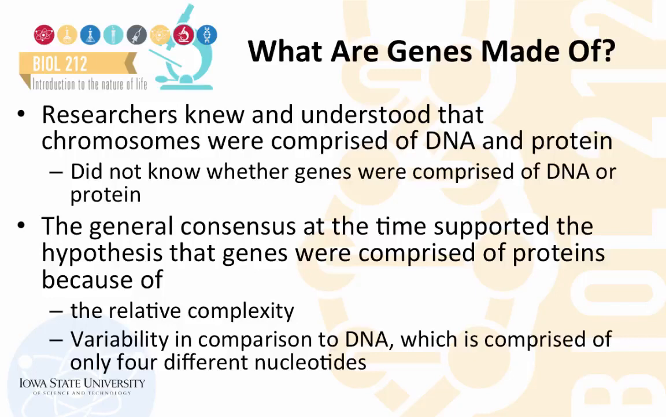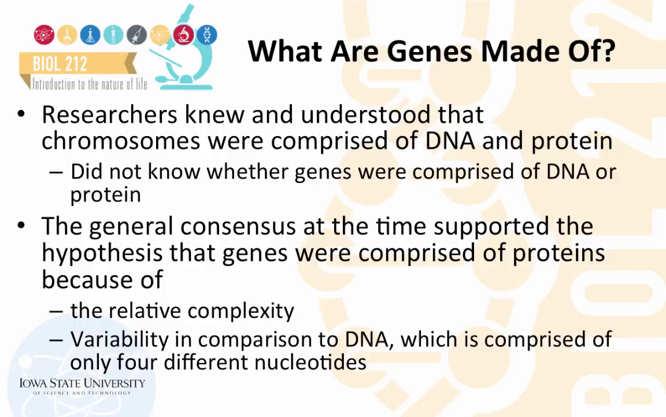At the time that scientists were trying to determine what genes were composed of, they already knew and understood that chromosomes were made up of both DNA and protein, but they didn't know whether genes were exclusively comprised of DNA or protein. The general consensus at the time was that most probably genes comprised of proteins because of their relative complexity in comparison to DNA, which is only comprised of 4 different nucleotides. So scientists at the time didn't think that DNA could have that flexibility and variability to store large amounts of